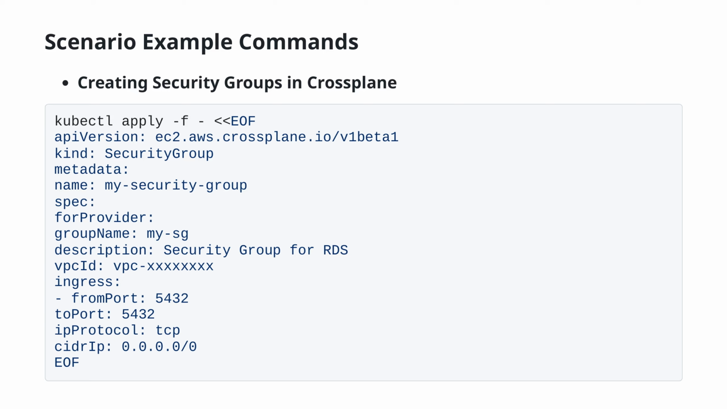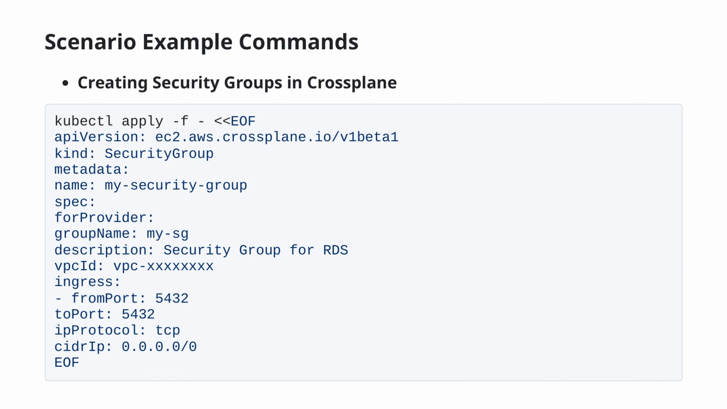In the spec section, we configure the security group to have a descriptive name and provide details such as the VPC ID and ingress rules. In this instance, we open port 5432 for PostgreSQL traffic over TCP protocol from any source IP. This approach integrates with Crossplane to manage your network security groups efficiently within your Kubernetes environments, ensuring secure communication channels